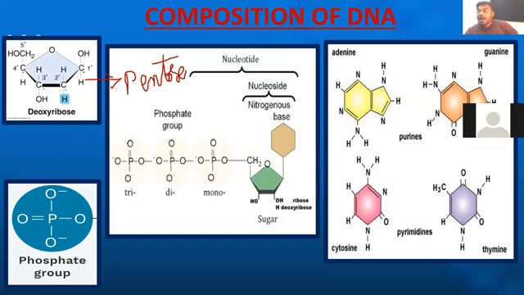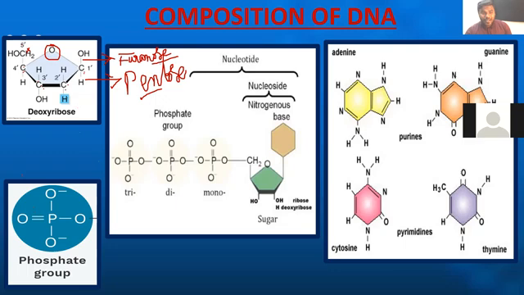Out of 5 carbons, how many carbons are present in the ring? 1, 2, 3, 4. You can see, my friends, the fifth carbon is not present in the ring, right? It is like this. You call it the arm position. So 1, 2, 3, 4 carbons with 1 oxygen. What do you call it? You can call it a furan ring. Since it's a sugar, you call it furanose. So furanose is the ring. Since it contains 5 carbons, my friends, we call it pentose.